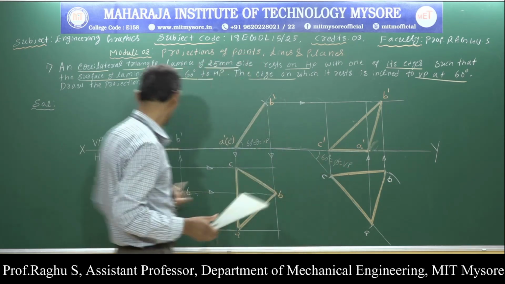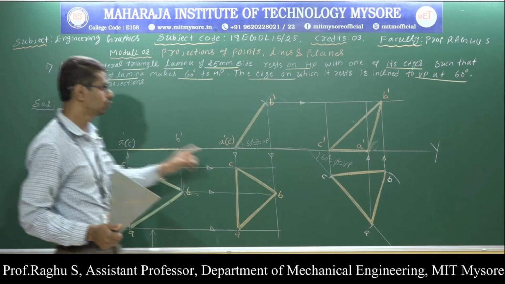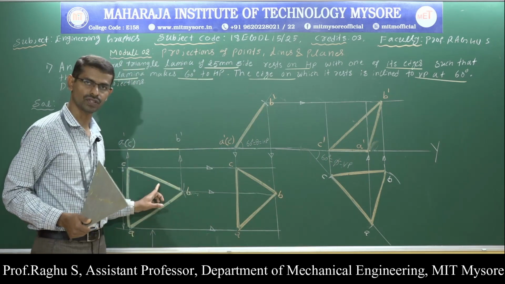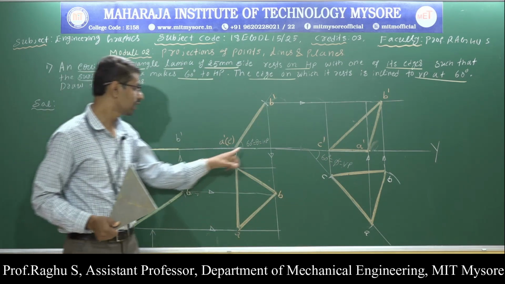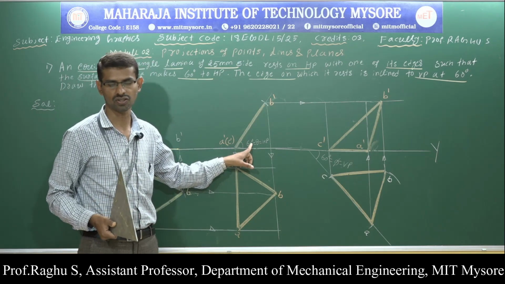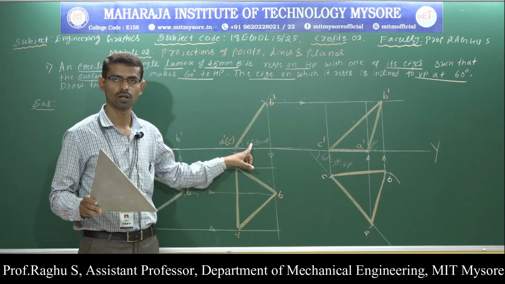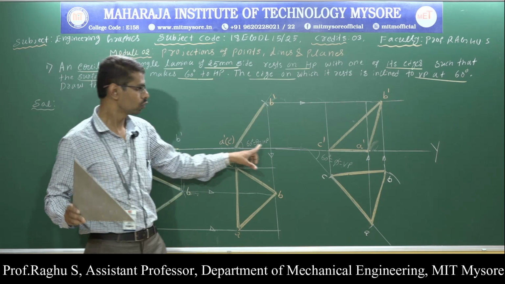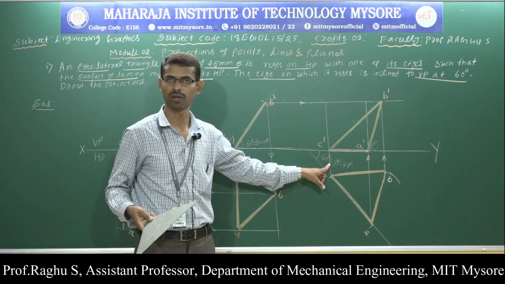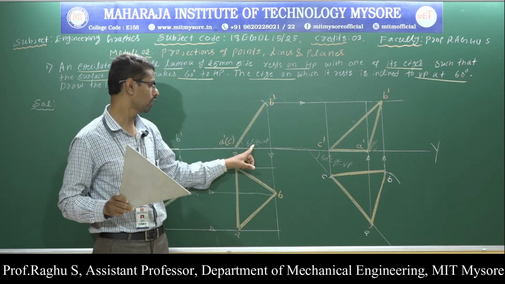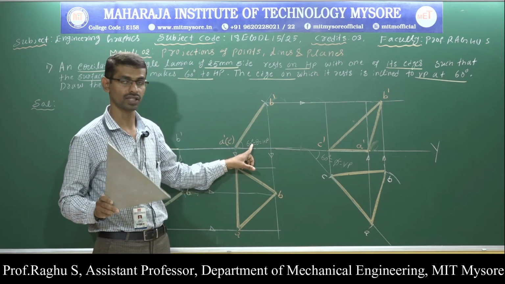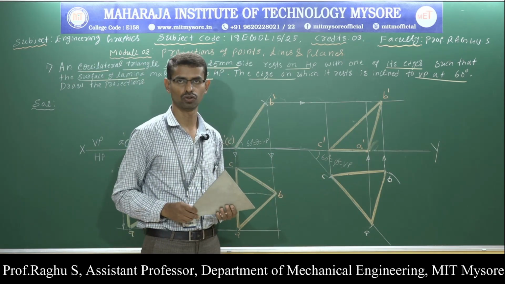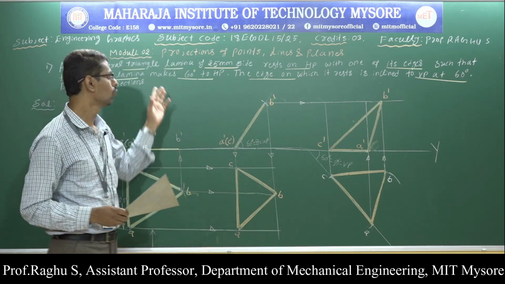Here the side on which it rests, that is AC, the resting side, should come in the final view also. So first take the resting condition to draw the first position. Next, take the lamina inclination. Why should I take the lamina inclination in the second position? Because the lamina is resting on HP. When the lamina is resting on HP, take HP inclination to draw the second position, and to draw the third position, take VP inclination. Remember, for all the problems, when the lamina is resting on HP, take lamina inclination to draw the second position, and take VP inclination to draw the third position. So this is the solution for this problem.